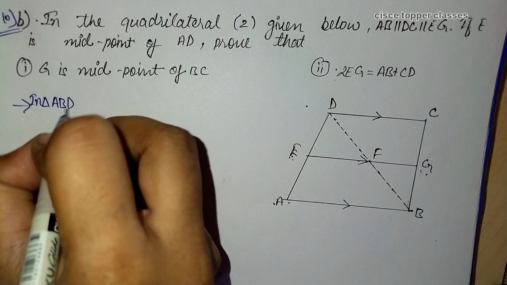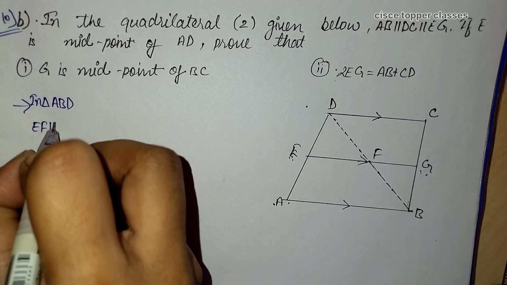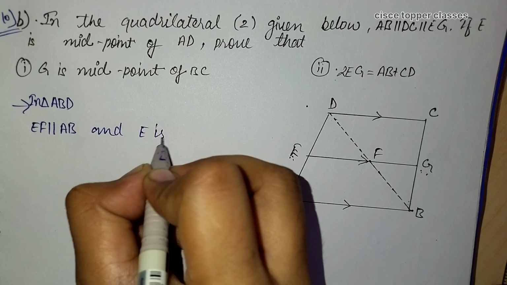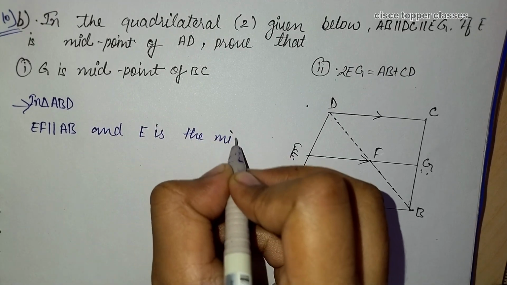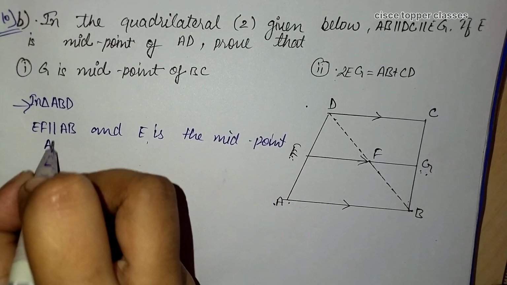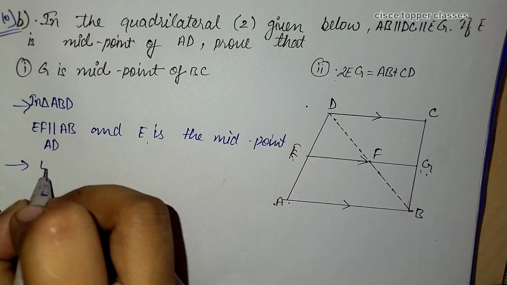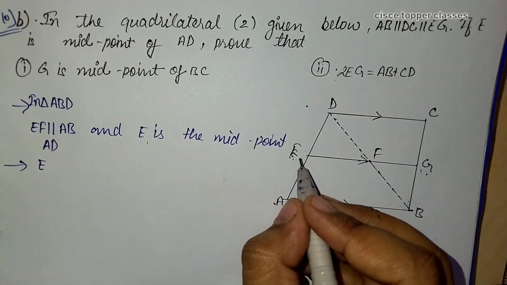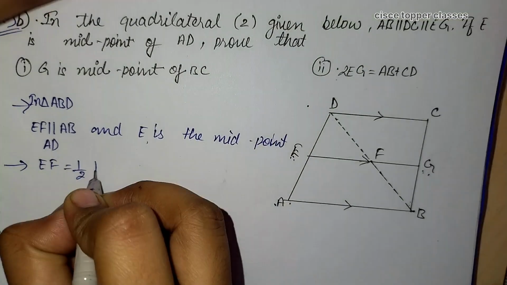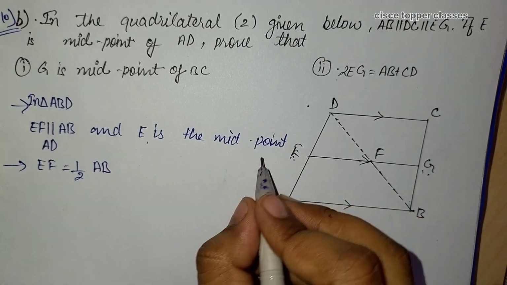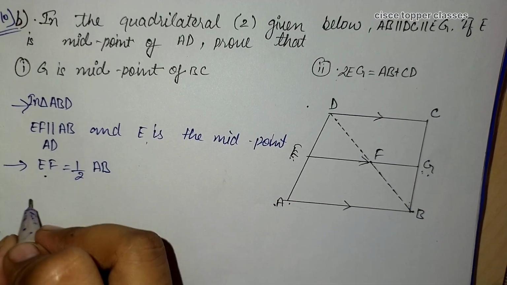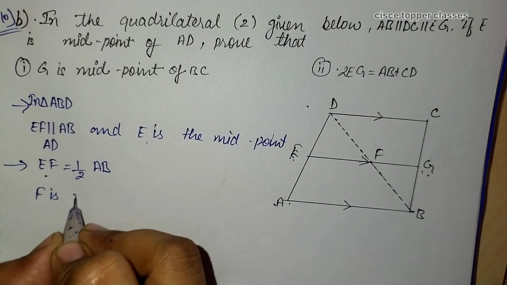ABD, we have EF parallel to AB, and E is the midpoint of AD. So simply we can write here that EF is equal to half of AB. Now again we can prove here that F is the midpoint. That's why EF is equal to half of AB. So here F is the midpoint